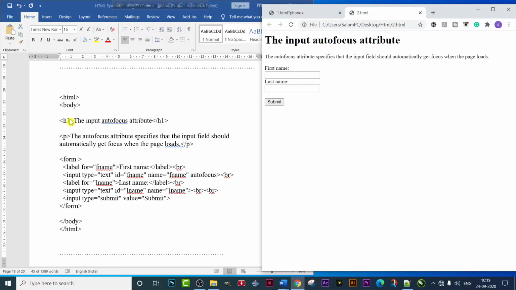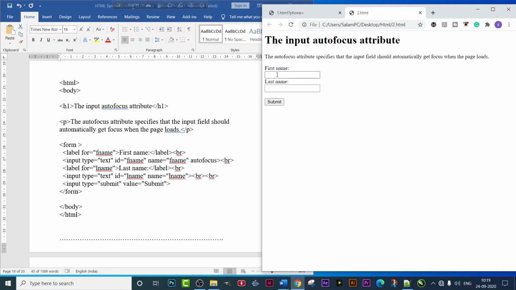Under the body tag you have to use a heading, as you can see the heading is there. Then a paragraph tag, and with the help of the paragraph write any para. Then coming to the main thing, we make these two boxes: first name box, last name box, and this submit also. So how did we make this? We used the label tag and the input type tag. So label for first name equals to first name in quotation, and the label tag closed. For first name we are using a label, and for the input we are using this input type box.